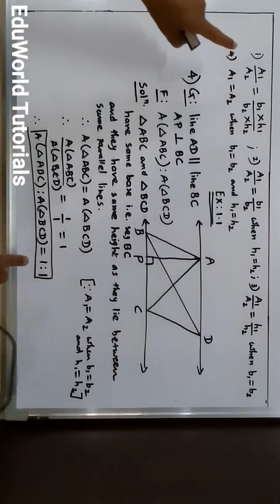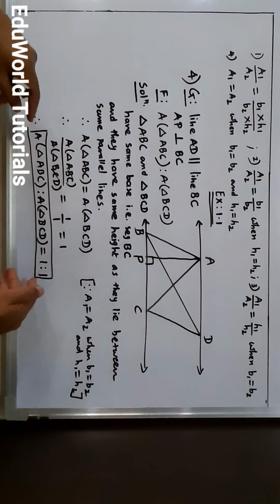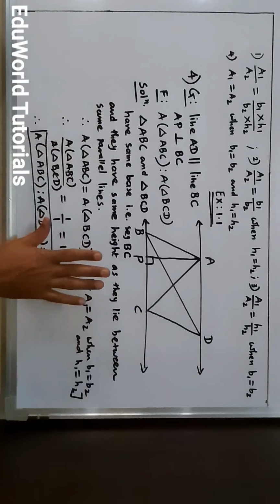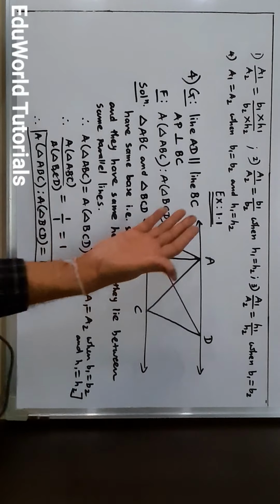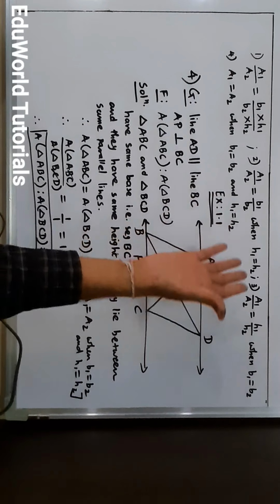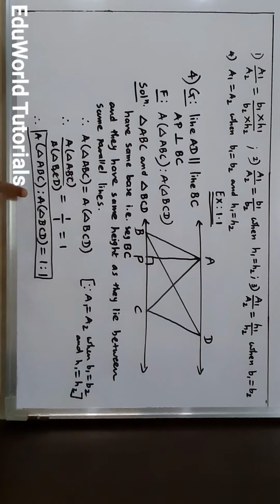So please try using the first property and solve. Answer would be the same, of course. There is no difference in the answer. And you know that all these three properties, second, third and fourth, which we have derived, are actually derived from the first property. So we can even use the first property to solve this. Please try to solve this sum using the first property, and then we will move to the next sum,